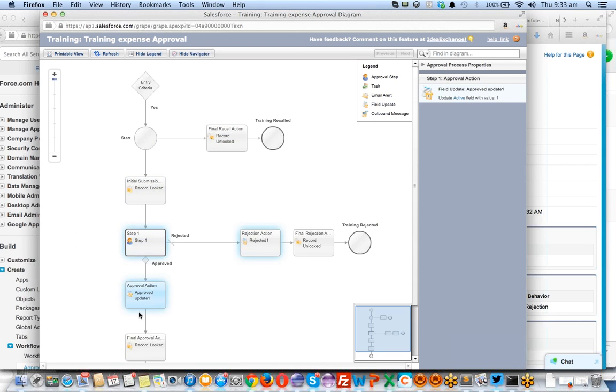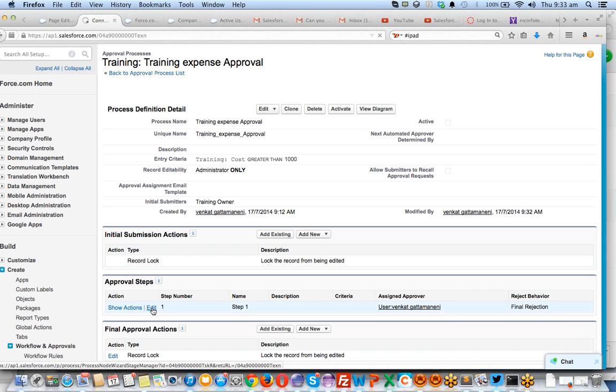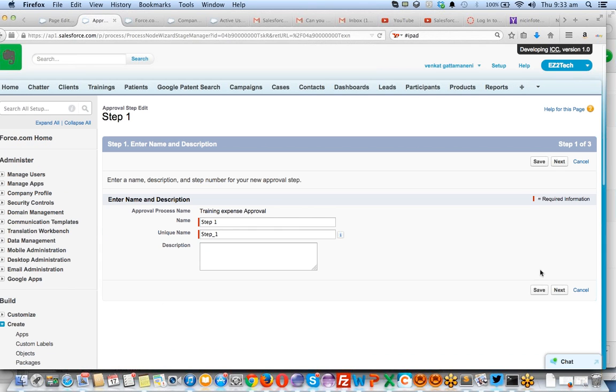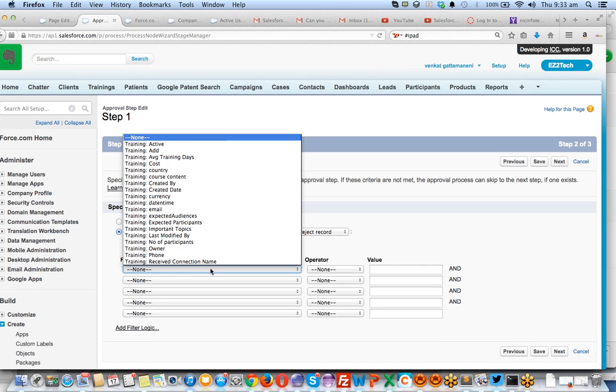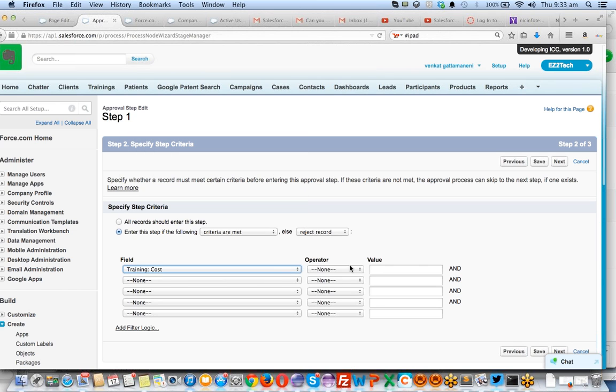So I think that we can modify even the approval process from this layout also. Click on this widget. Click on next. Then approval cost is